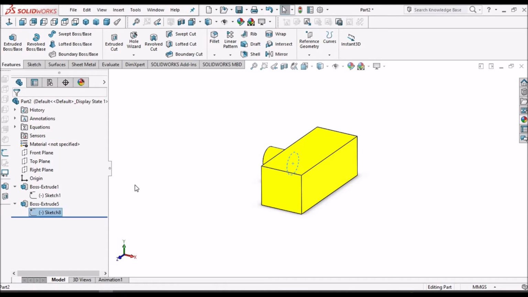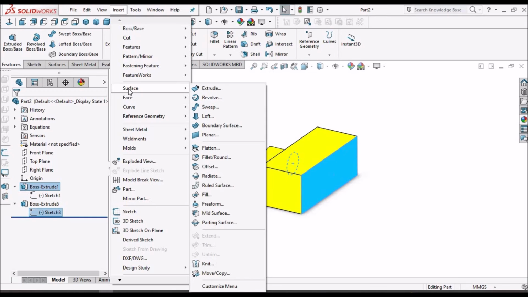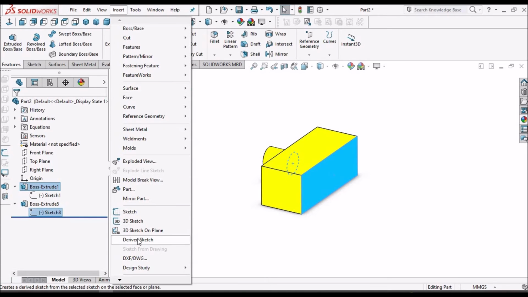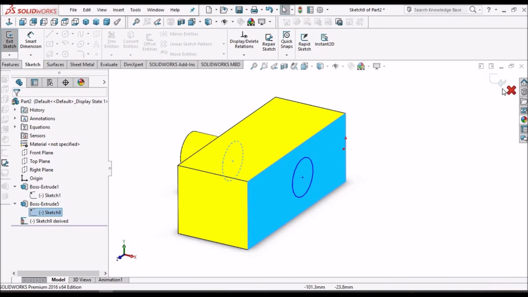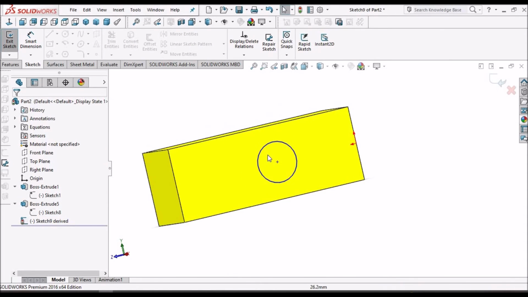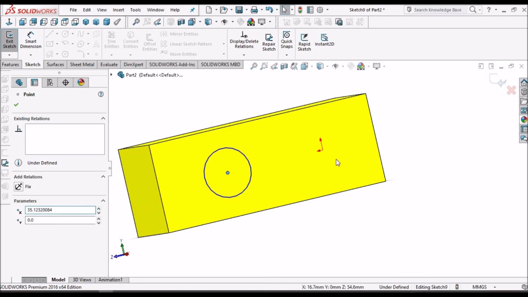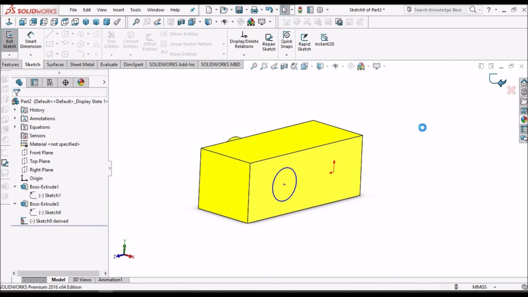Select sketch, control, select this face. And select Derived Sketch. So automatically it creates. Here we cannot modify the dimensions, we can only change the location. So come out of the sketch